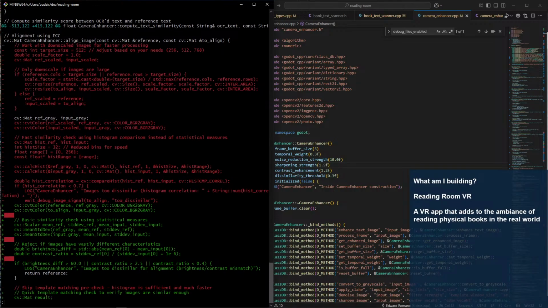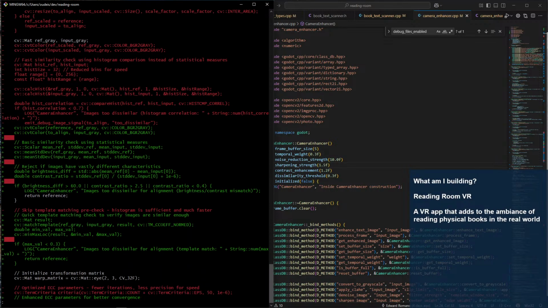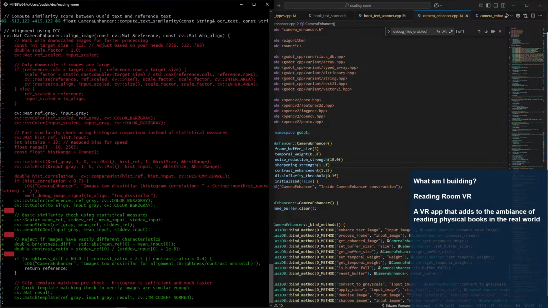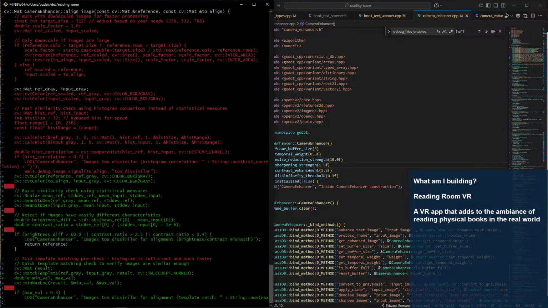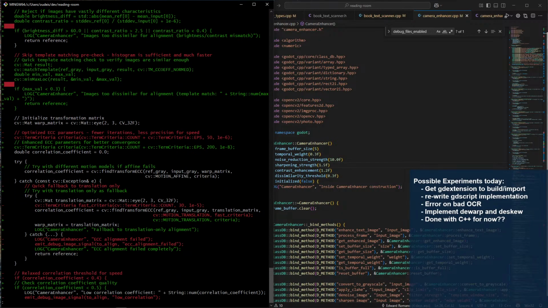Oh, because I went back to, I think align image, I went back to like the better version of it. Yeah. Who knows? Maybe it's like a tab character somewhere.